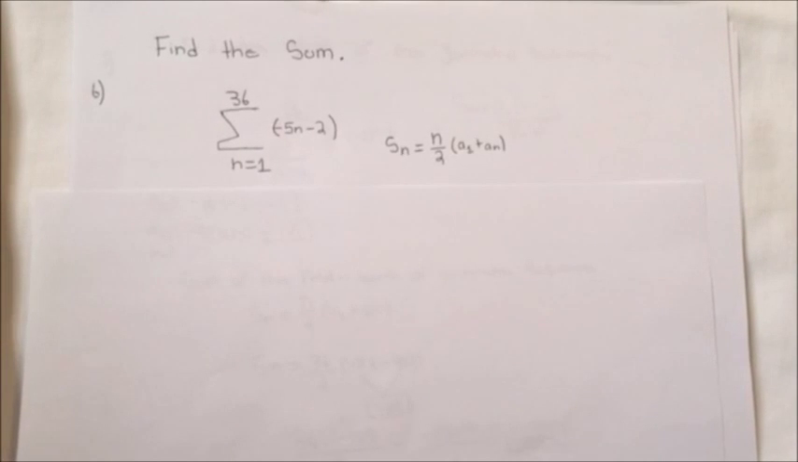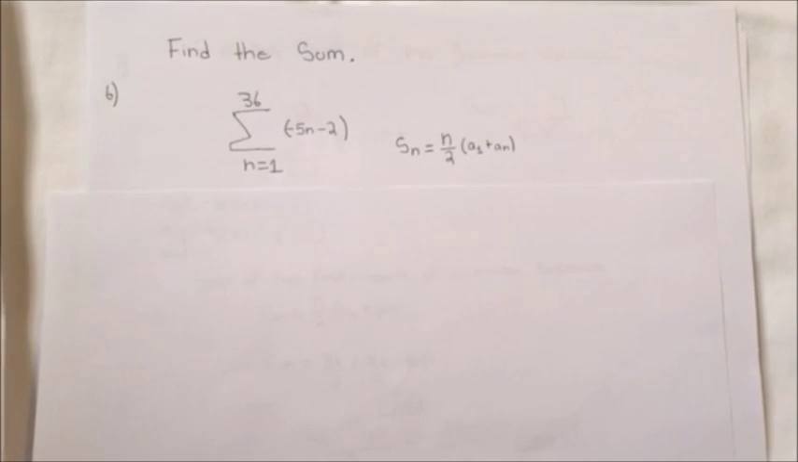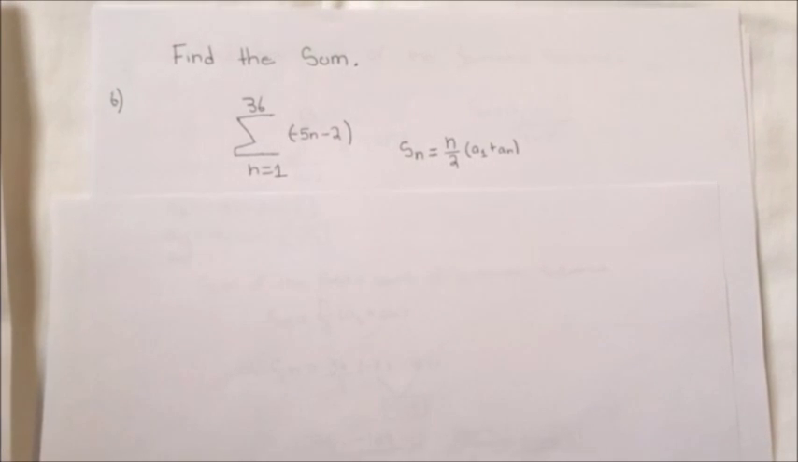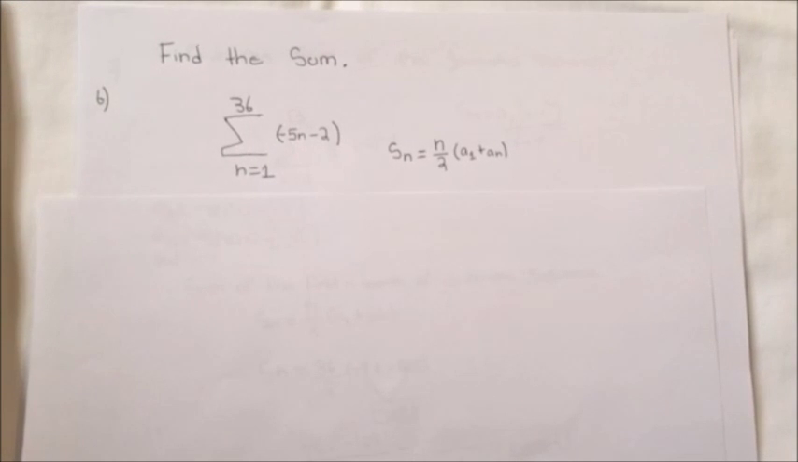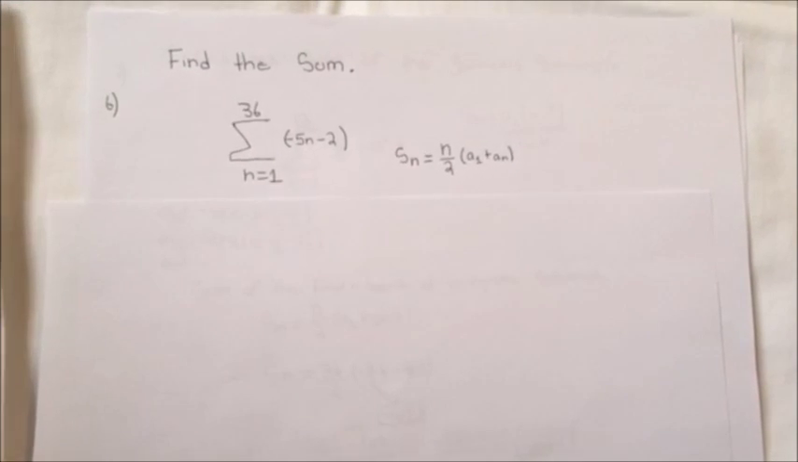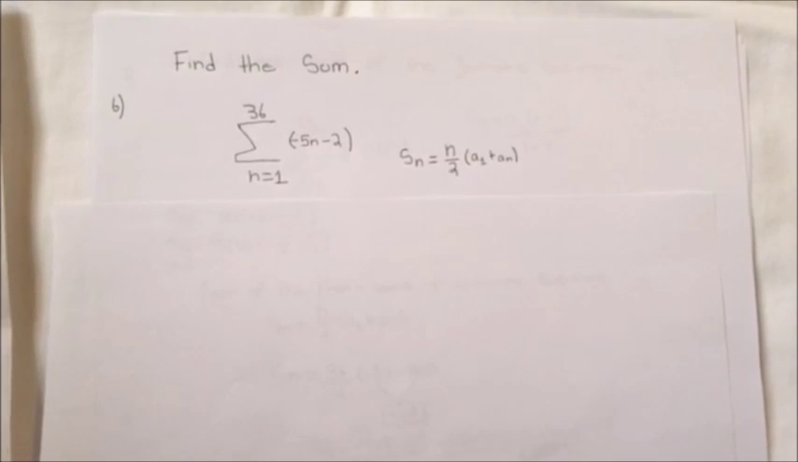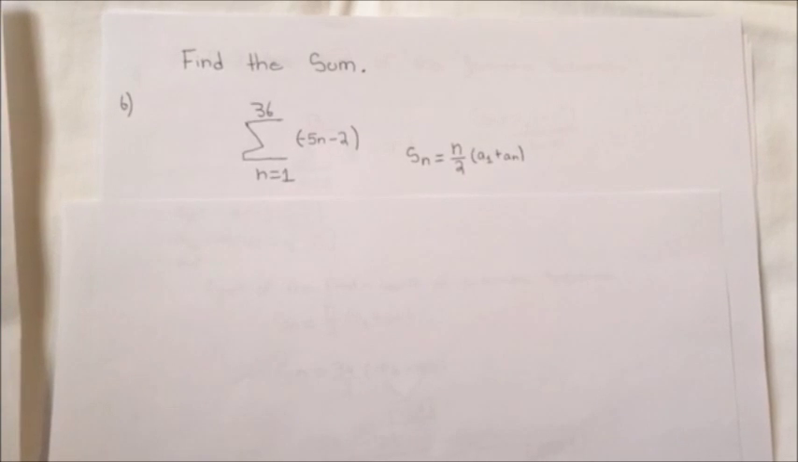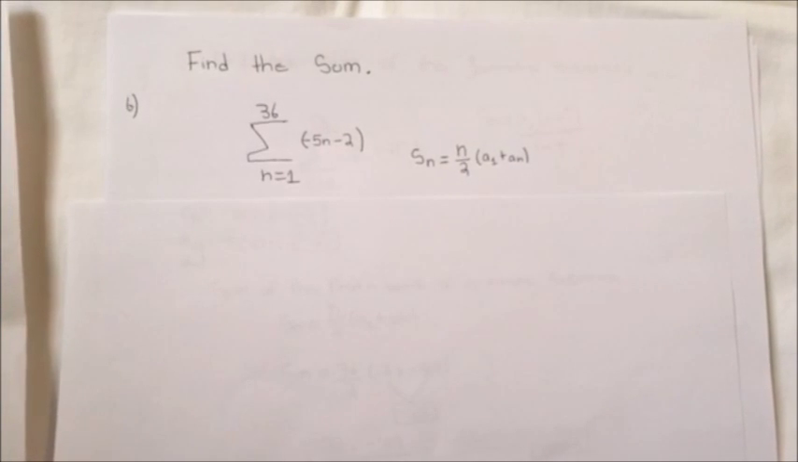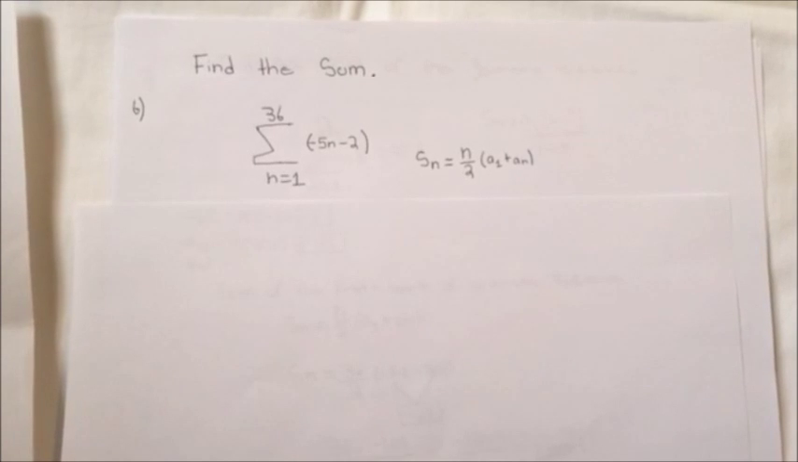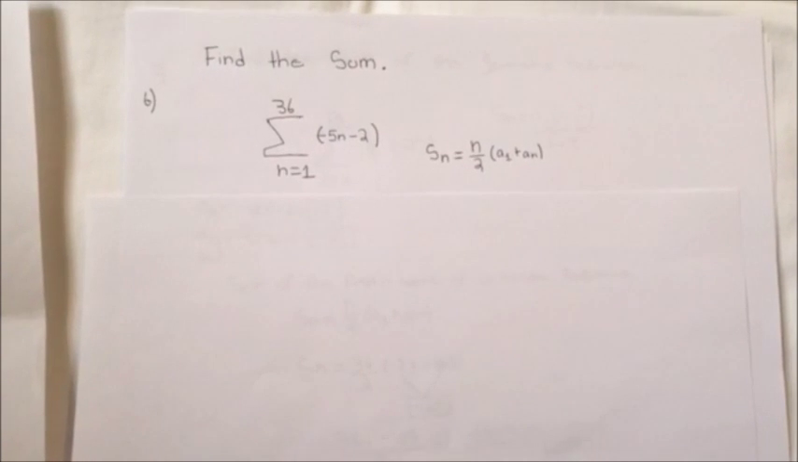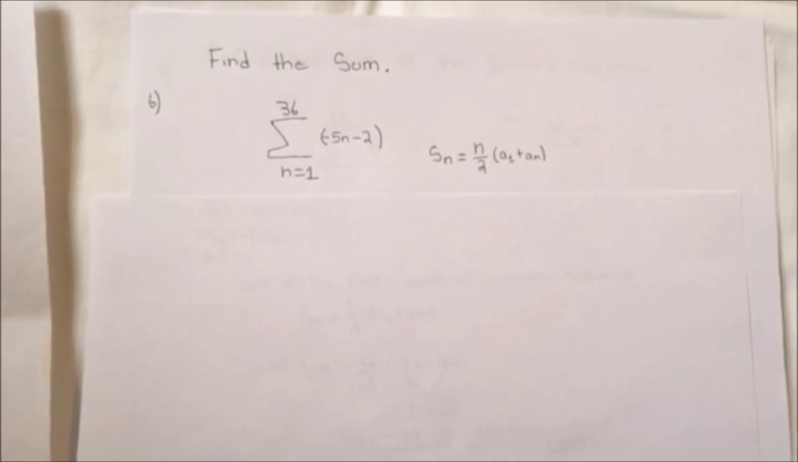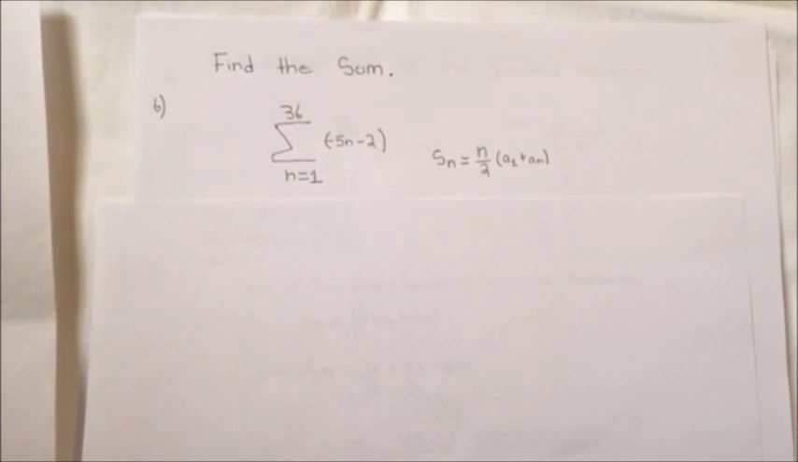Find the sum. The sum of the first n terms of an arithmetic sequence formula is Sn equals n over 2 times a1 plus an. For this problem, first we have to find a1 and an. In order to do that, to find a1, we have to substitute